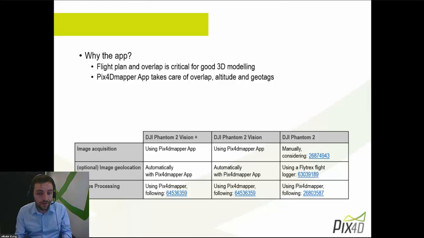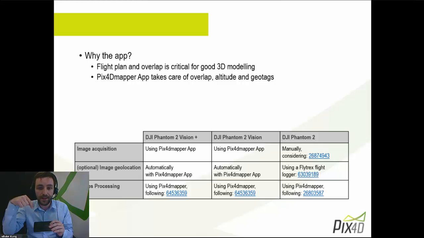That being said, this is really for the flight planning part. If you need to do image processing, then our software Pix4D Mapper is able to process any type of imagery taken by any type of drone. So you will be able to do processing in any of these different drones. However,